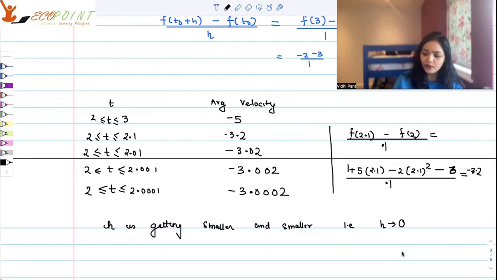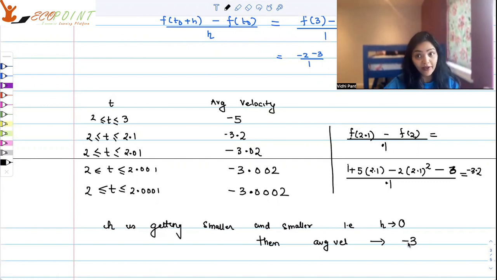It is some value, but it is almost tending towards 0. And when that is happening, as far as average velocity is concerned, of this function, average velocity is moving towards -3, it seems, because it's turning closer and closer to -3. Isn't that so? So in some sense, you can get an idea that, okay, the average velocity, not the average